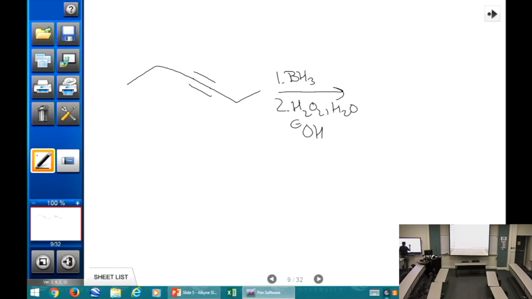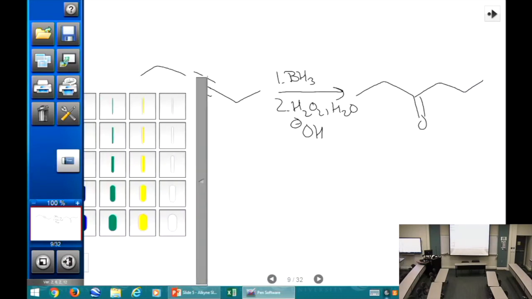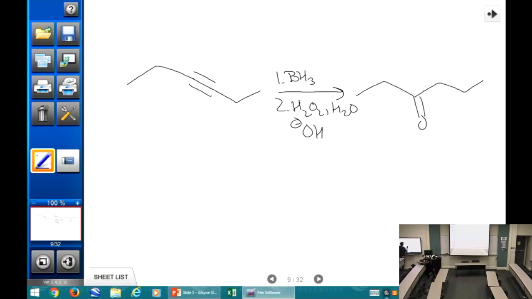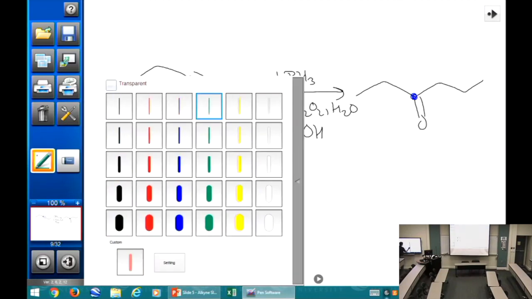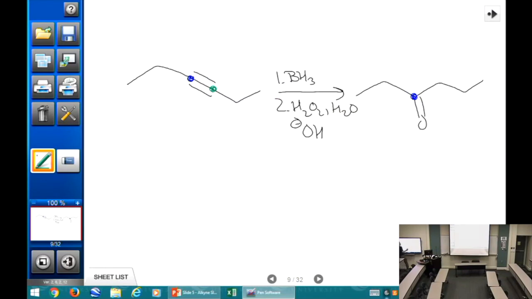Right, so just like our hydration, if we have an internal alkyne, we're going to want the alkyne to be symmetrical because there's really no way to direct the hydroboration if it's not. So a symmetrical alkyne is going to give us one product, no matter which carbon I add to. If I add to this carbon, it's here. If I add to the green one,